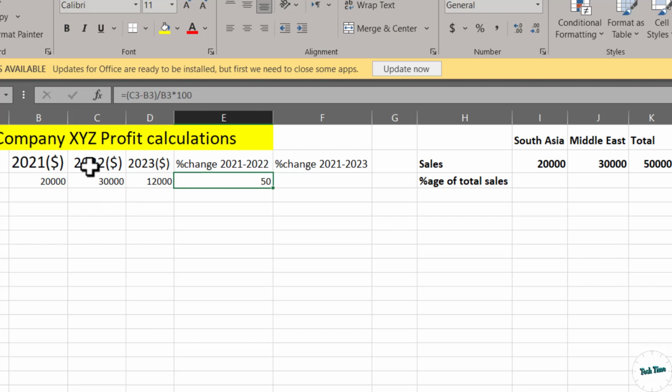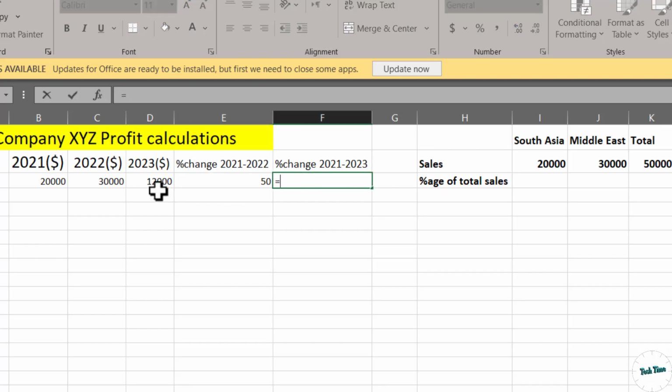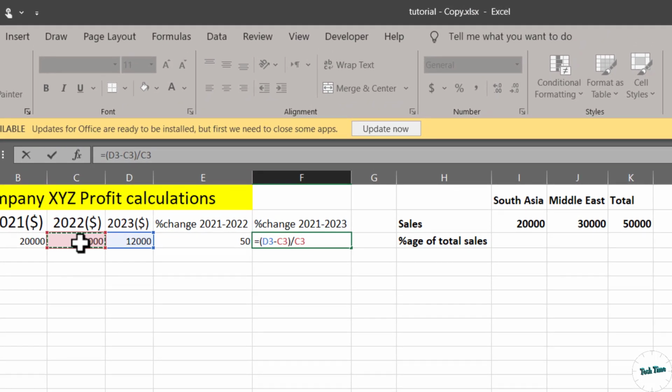to 2022. Let's do the same for the year 2022 to 2023, applying a slightly different method. Again, we'll write equal, this is our final value, bracket start, this is our final value minus this is going to be our initial value, bracket close, divided by the initial value. And this time we'll press enter,